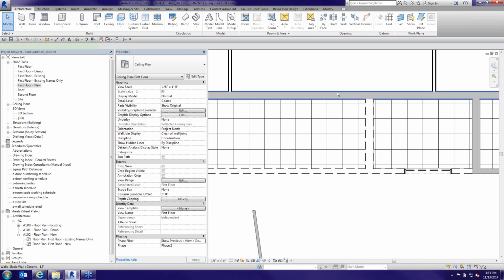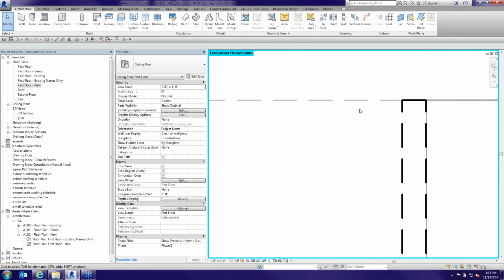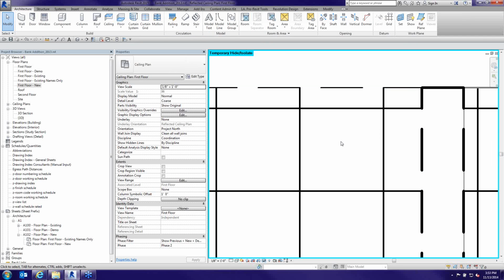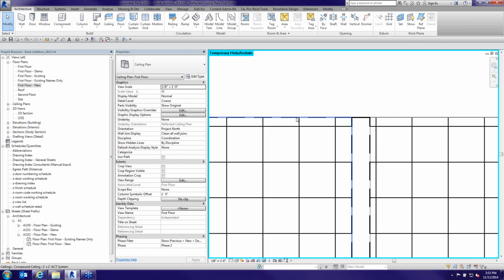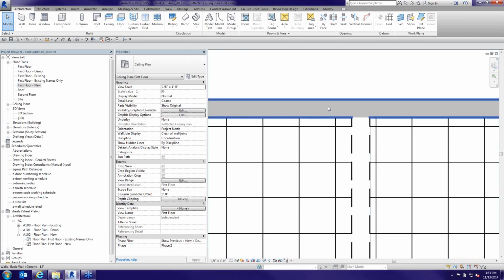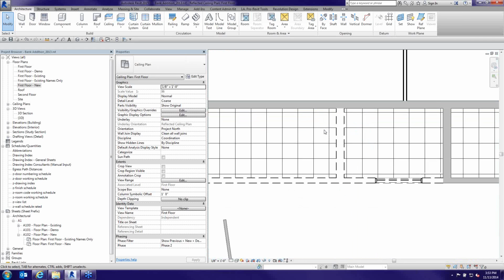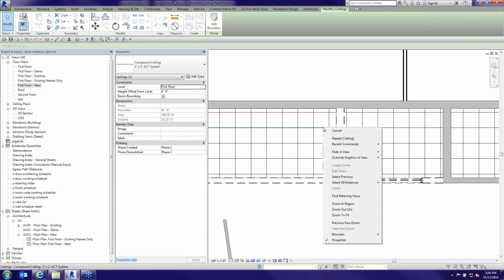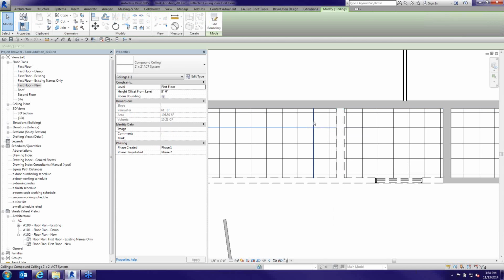So it is demoing the ceiling, but the problem is it's demoing the lines at the perimeter. It doesn't demo out the hatch patterns. So this is another nuance for the architects online here, is the fact that ceilings get demoed, but they only get demoed on their perimeter. So that really doesn't work in my mind. So this is the last nuance that I'll have with phasing, is the fact that usually what's going to happen is you're going to have to override graphics in view. Gotta grab the whole ceiling